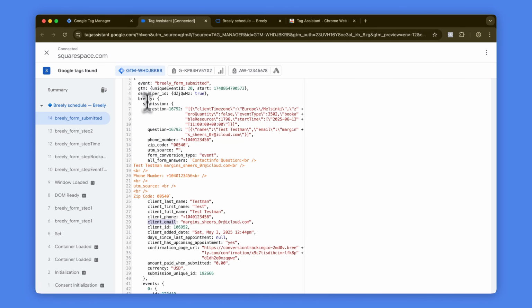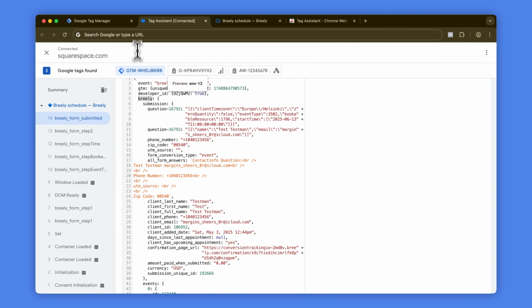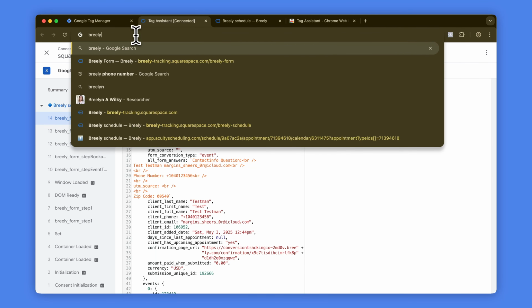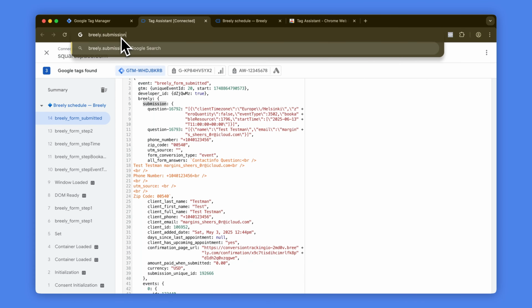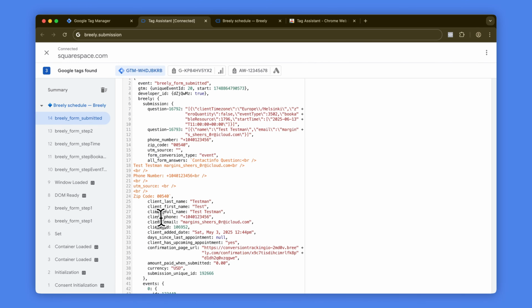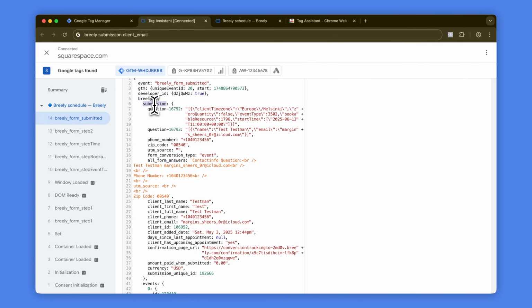So let's do the email because it's a common one. So Breely, I'll just copy it here so it's easier, .submission.client email. All right, so this dot notation will now match this